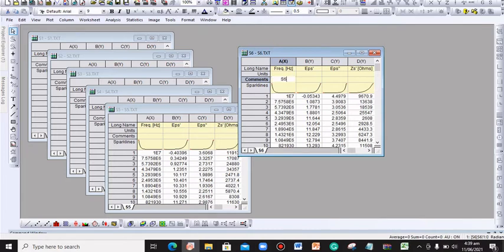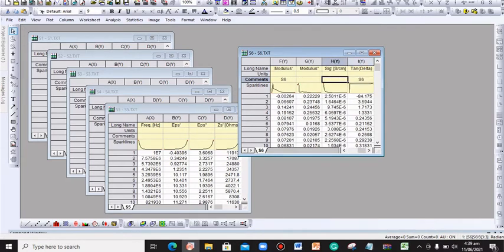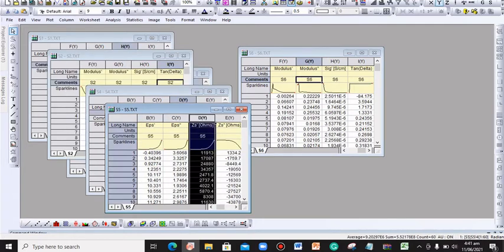Let's suppose I am writing S6 on this, and then copy and paste these in all the comment boxes. Similarly, in the other worksheet, write the name of that particular sample like S5. Now we have got all the names of these samples.